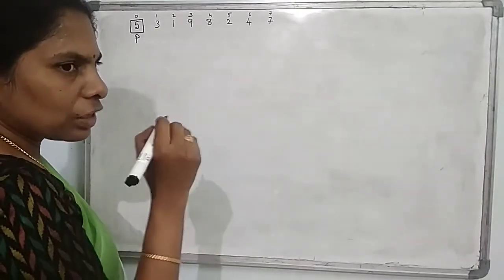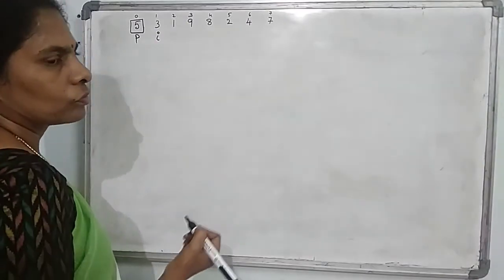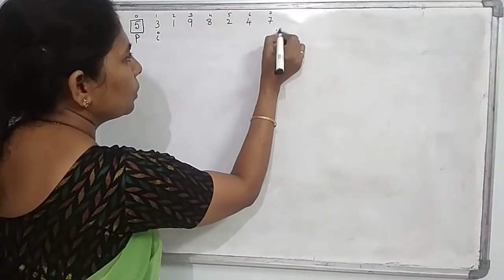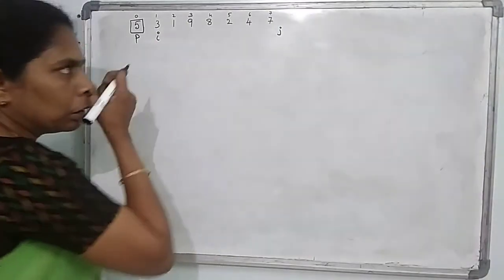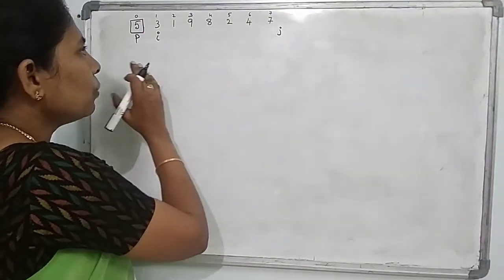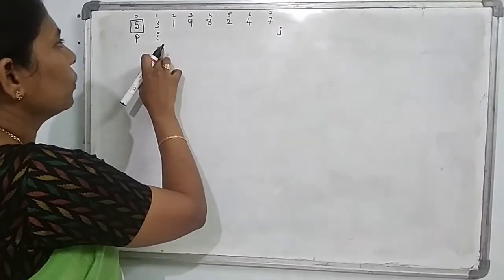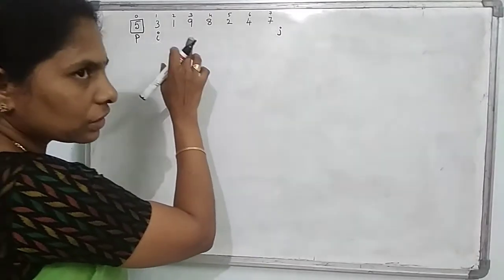And what is the next immediate element of the pivot element? That will be the I value. And now you can come to the J value. So in that you can apply the two scans. The first scan, you compare the pivot element with the I value. So what is the first largest value you are having?